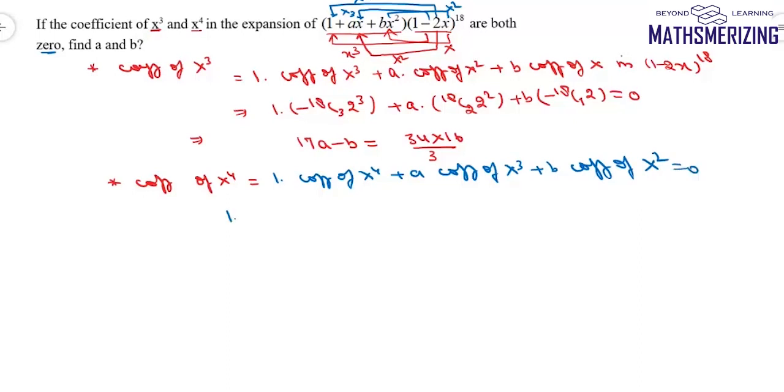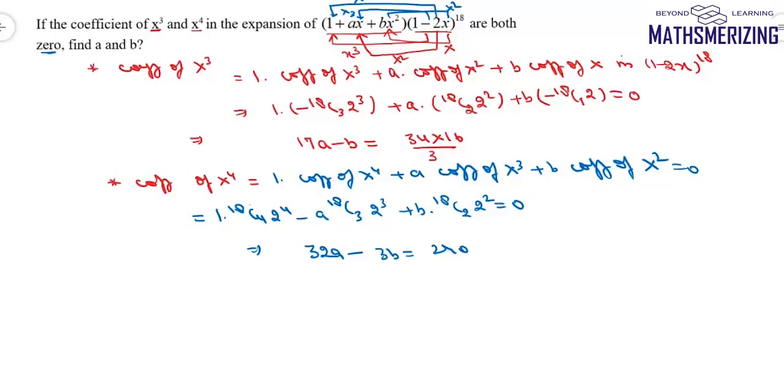So I'll get the equation as 18C4 2 to the power 4 minus a into 18C3 into 2 to the power 3 and then finally b into 18C2 2 square, and it should be 0. So the second equation that I'll get is 32a minus 3b equals 240. So now I have two linear equations. If I solve these two equations, I'll get the value of a as 16 and the value of b as